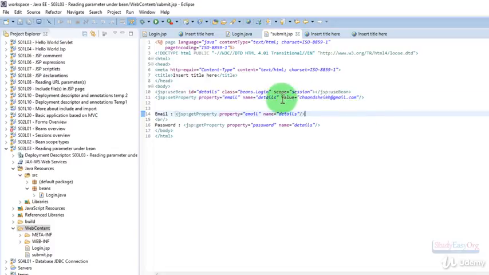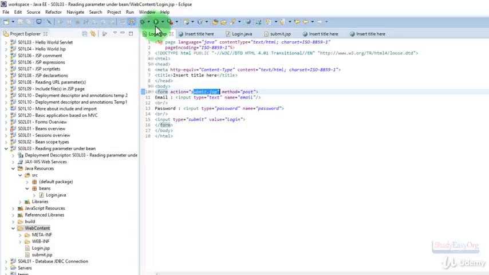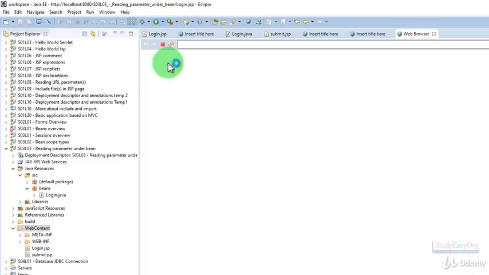So in order to read the param, in place of value we would require yet another attribute which is name as param, and in here we would pass the name of the param, and the name of the param is email, right? So we will do this, and now if I execute the login.jsp file and provide my email